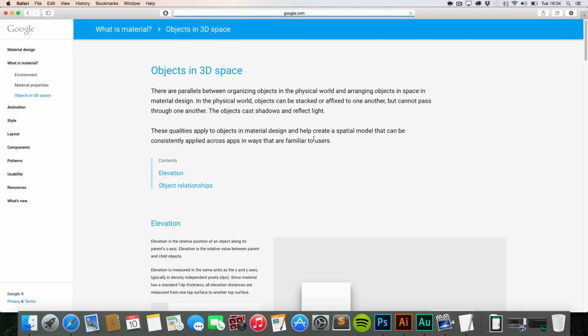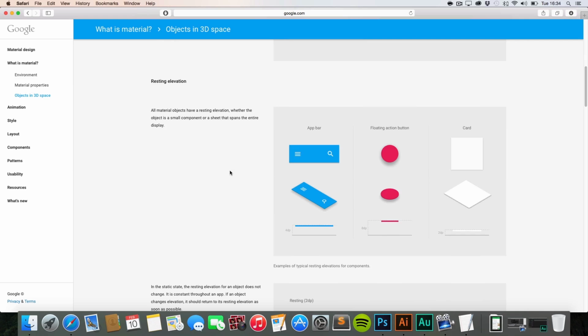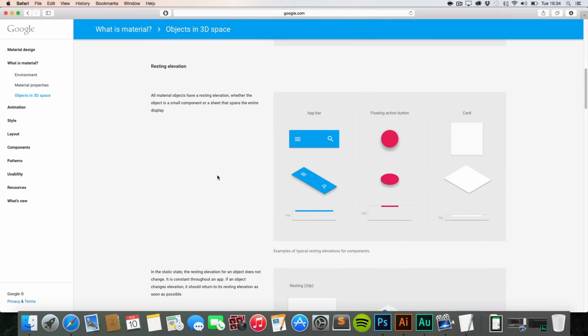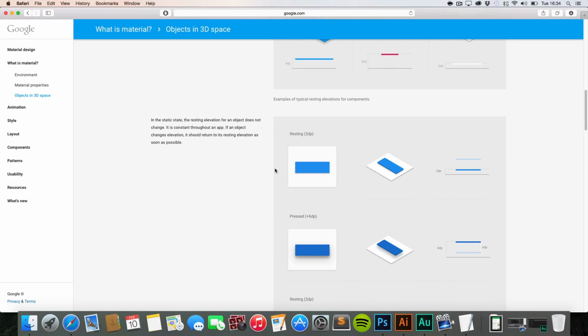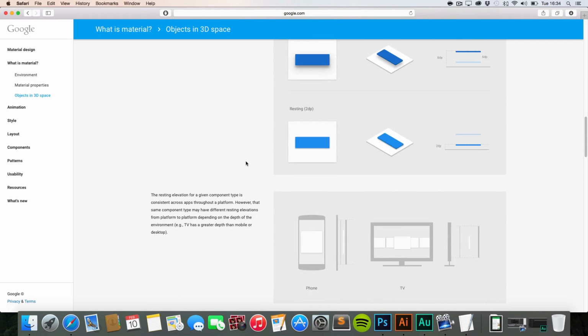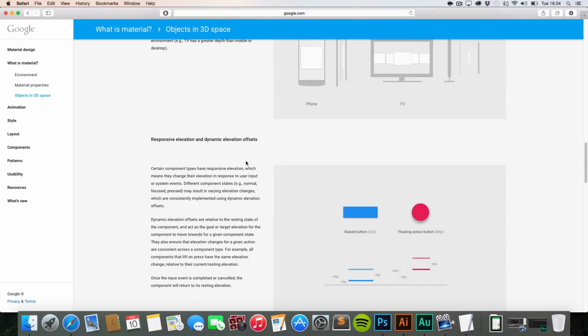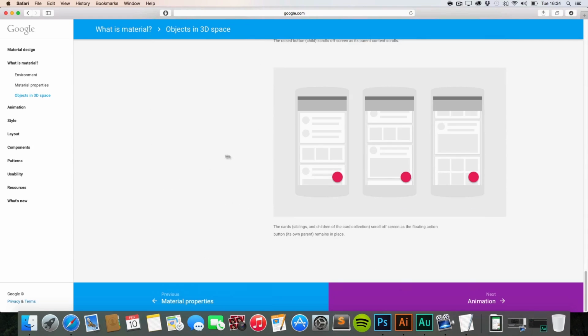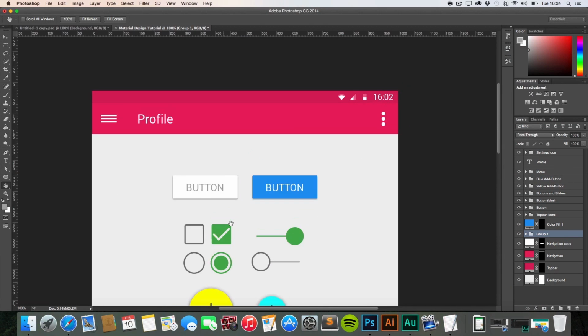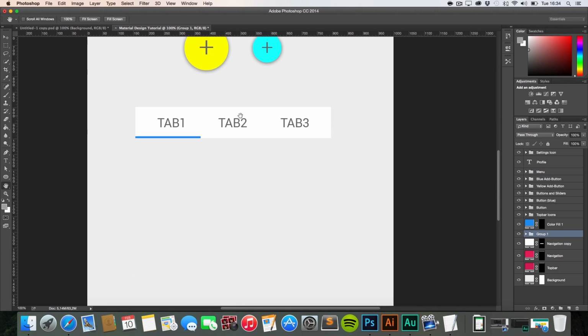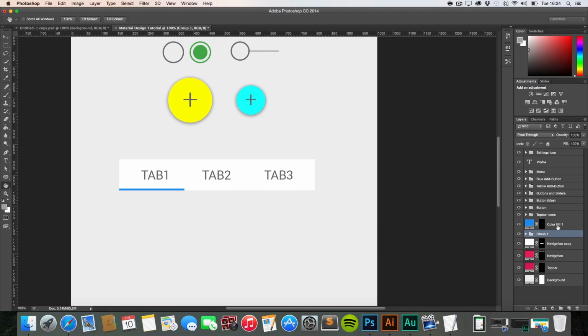Maybe I can show you objects in 3D space. Yeah, perfect. As you can see here, you can read about the shadow effect and that the layers have a specific depth to it. Here, floating action button. As you can see, it's floating, just like that. And Google is using those DP right here, so it's the same for every device you are using. And I'm just going to show you how to create those icons and stuff like that for your own projects. So let's call this tab,